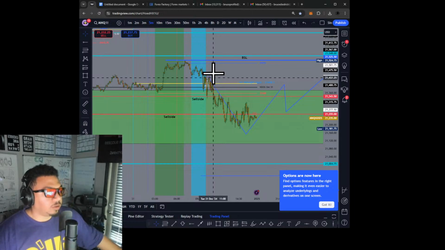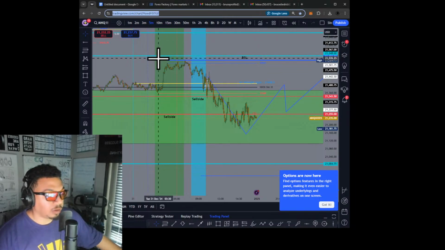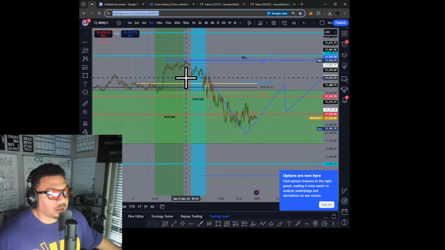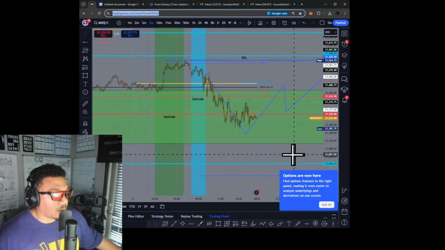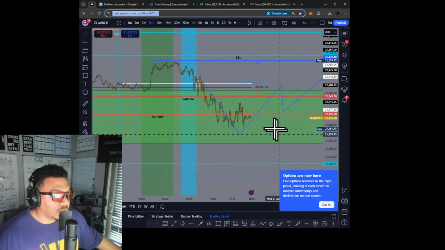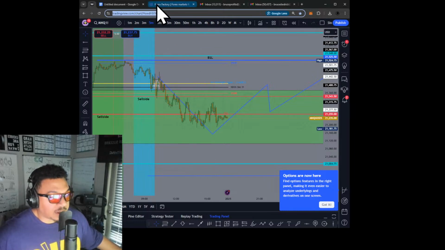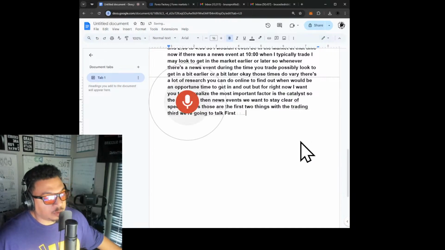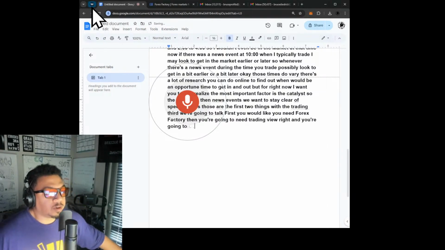But you got to understand, you need this app Trading View. You need to go to the website. You need to download the app. You can start for free and then eventually pay for the paid version. If you're going to be trading futures, you will have to pay for the paid live data. And if not, you will have to have a prop firm account logged in to have that live data. So Trading View is really important to get your chart analysis done. Okay, so first Forex Factory, then Trading View. First, you need Forex Factory, then you're going to need Trading View, right? And you're going to do all your analysis there.